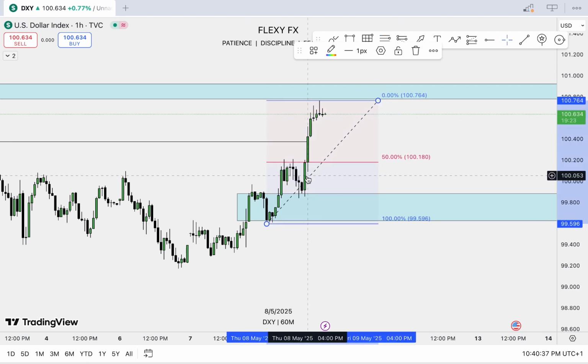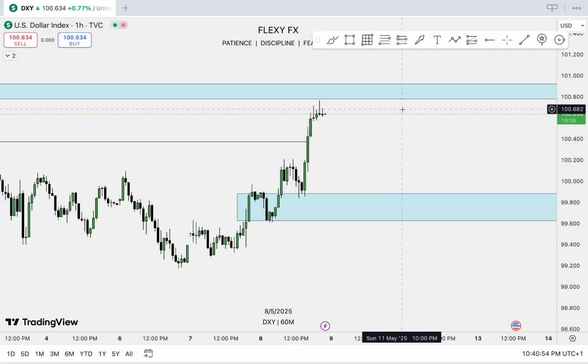Discount area, you see that fair value gap is in the discount. This order block is in the discount, and this is below 50%. So right here below 50% we have the discount, and above we have the premium. This is normal economics. Okay, we buy high, sorry, we buy low